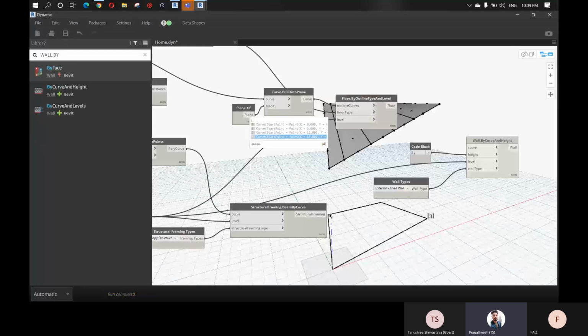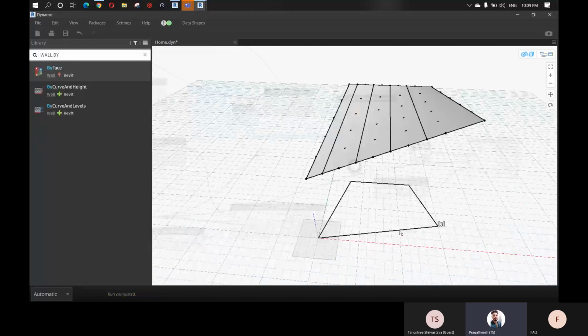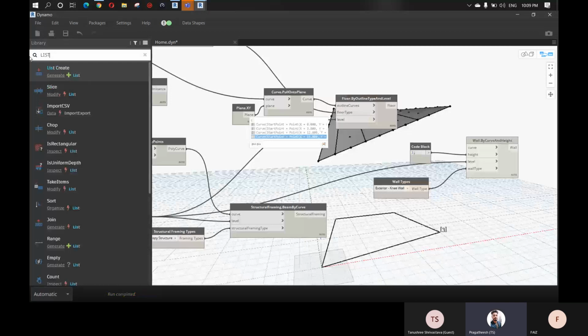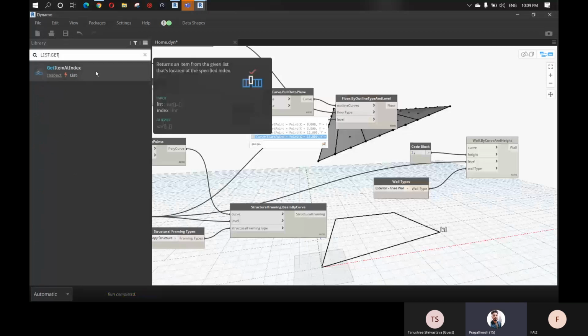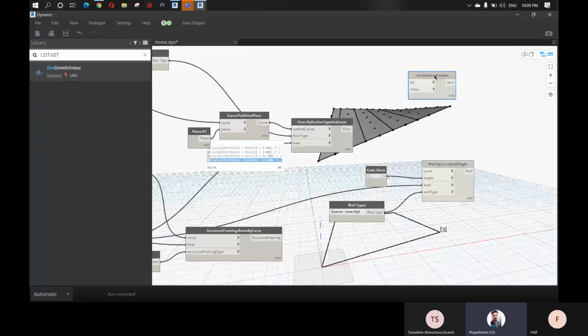We want to extract this one on the left and this one on the right. We don't want the front and the back. List.get item at index lets me take a specific item from a specific index.